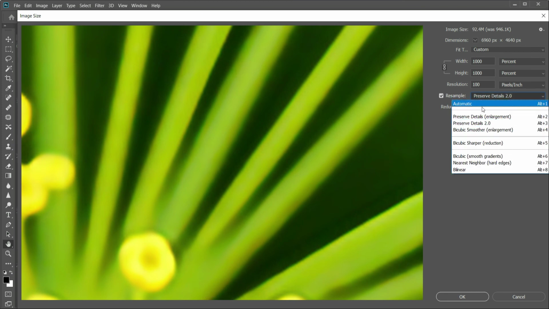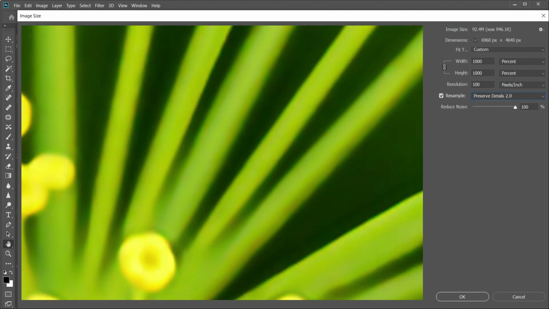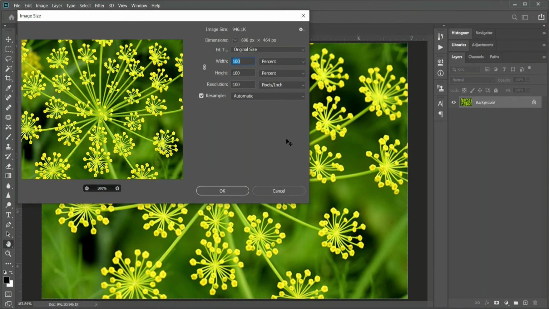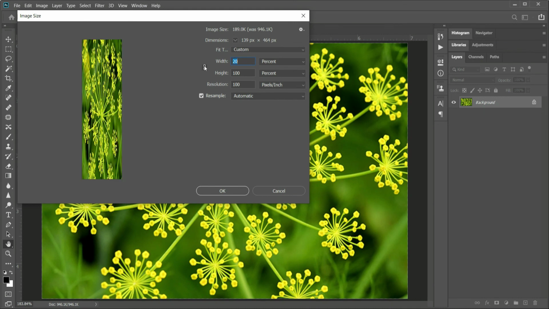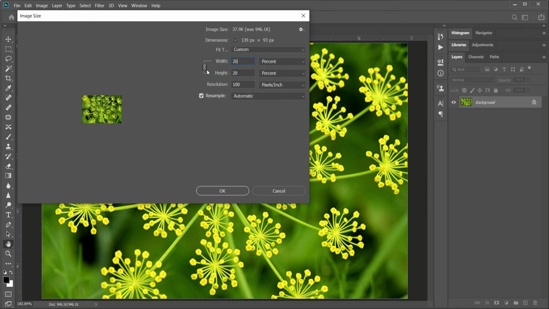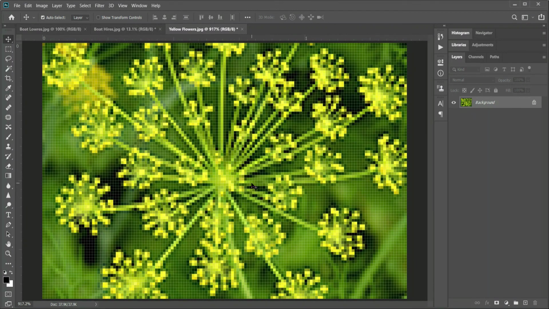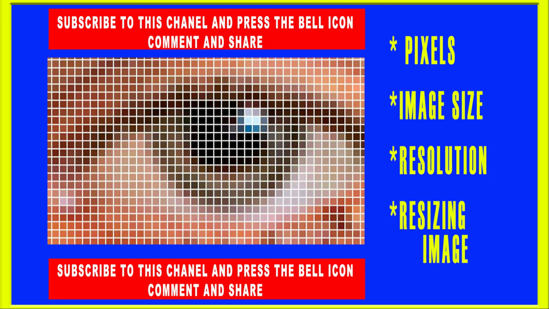As far as downsampling is concerned, it need not stretch the pixels like it does in upsampling, and Photoshop needs to throw away pixels, and hence in most cases, Photoshop does a pretty good job with the automatic option. This is the way that you resize an image effectively in Photoshop, either upsampling or downsampling. But do remember, we need to exercise these methods only when we have no other option of getting a high resolution image. If you are able to get a high resolution image or use a high resolution scanner to upsize a low res image, always go for that option.